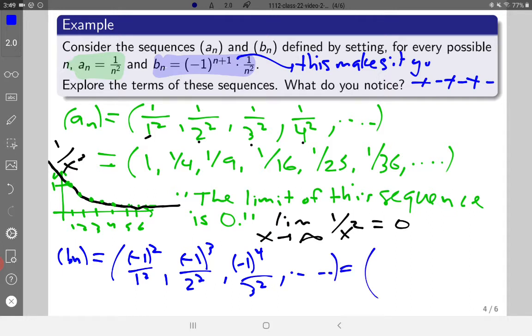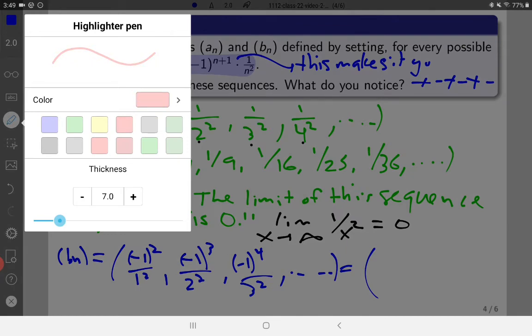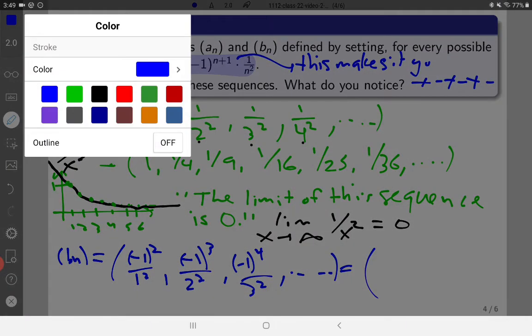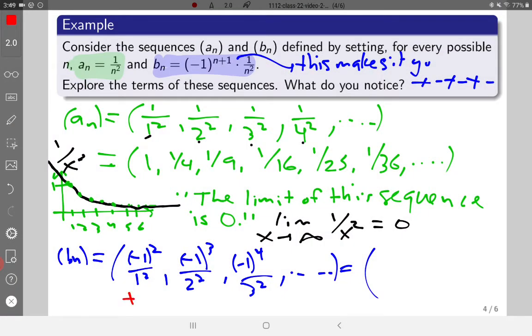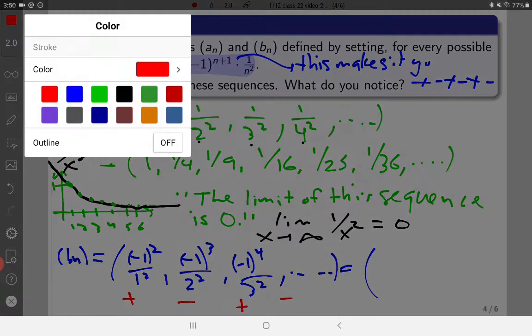And -1 squared, that's a positive. And when -1 is cubed, -1 times itself 3 times, I have 3 negatives, that's a net negative. -1 to the 4th is positive. Essentially, an even power of -1 is positive, and an odd power is negative, and that's going to make these